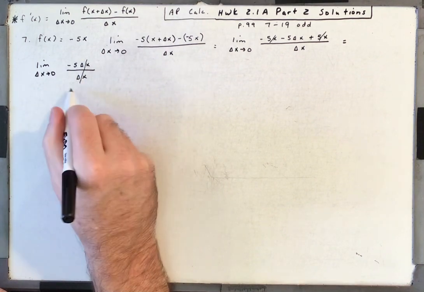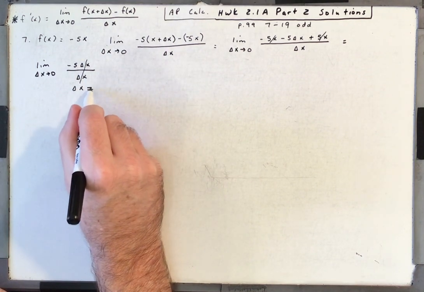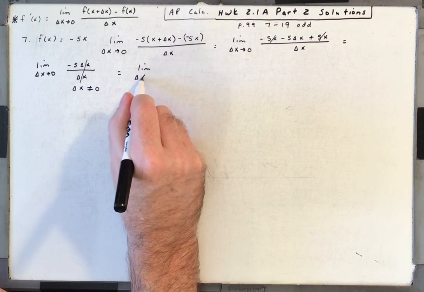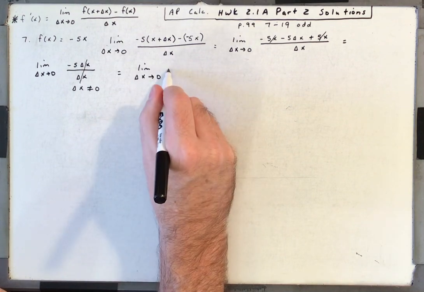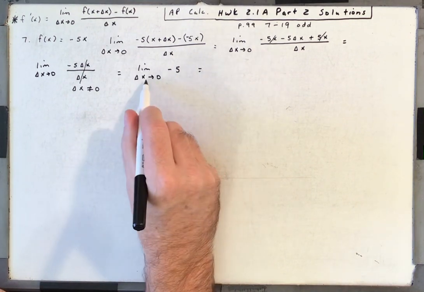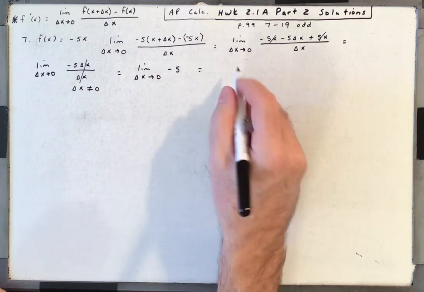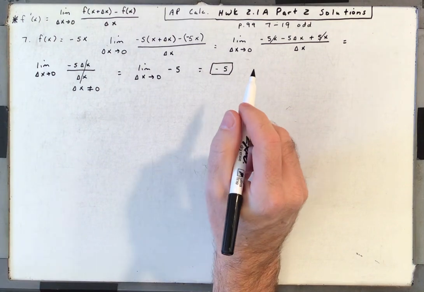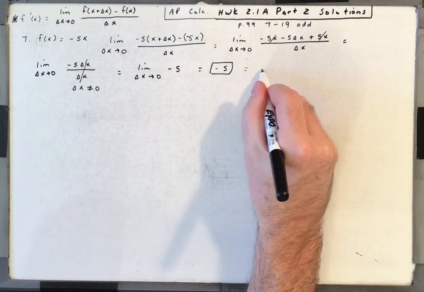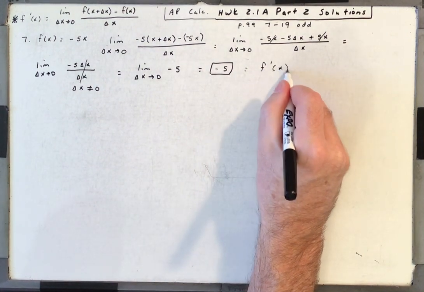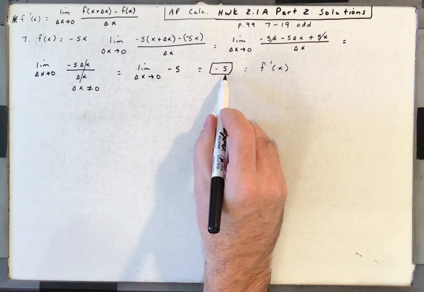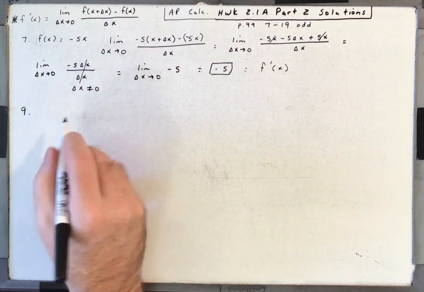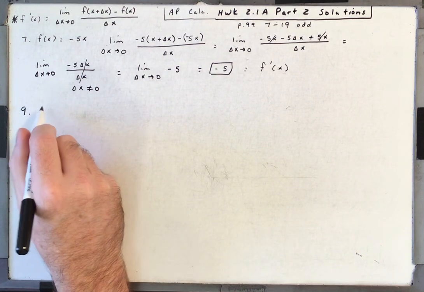The delta x's cancel as long as delta x does not equal 0. And you have the limit as delta x approaches 0 of just negative 5. There's no delta x to plug into, so that's just equal to the constant negative 5. So the derivative f prime of x is just equal to negative 5. We don't have an x in it. Okay? Number 9. We have f of x